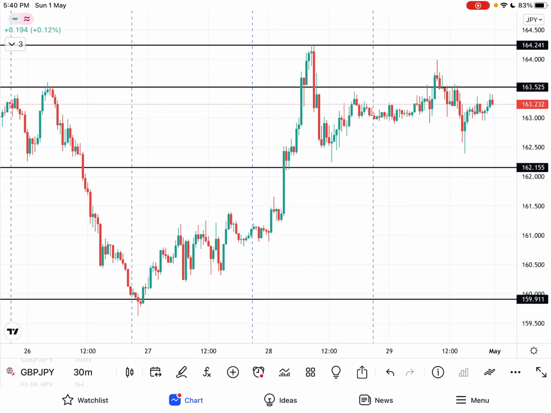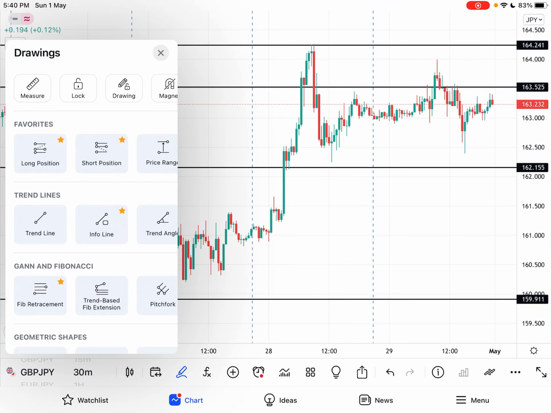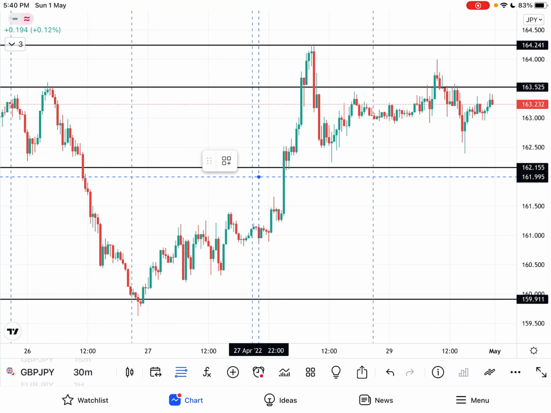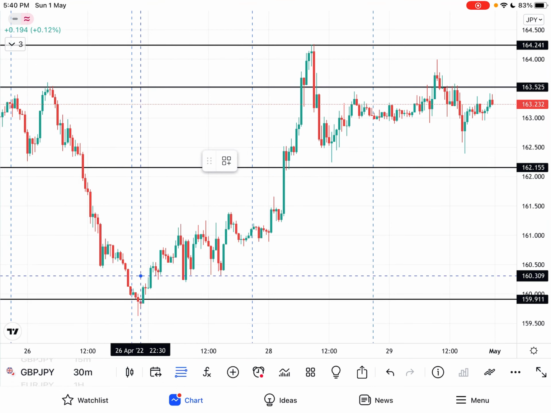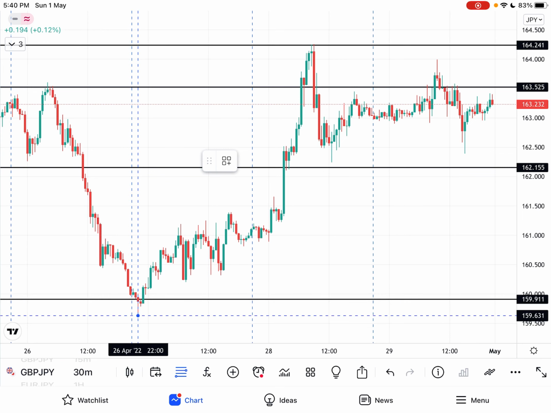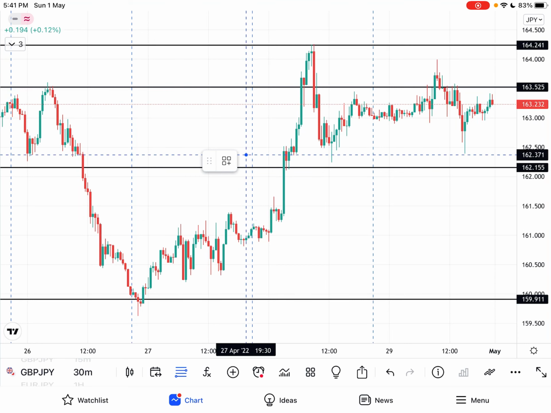Okay, so to start with, I'm going to draw out the golden zone. The golden zone is more like the middle zone, and with that I'm going to use the Fibonacci. I'm going to use the Fibonacci to draw out this zone. Okay, so let me pull out the Fibonacci tool. Okay, so I bring it to the swing low. This is the lowest point price came to, and this is the highest